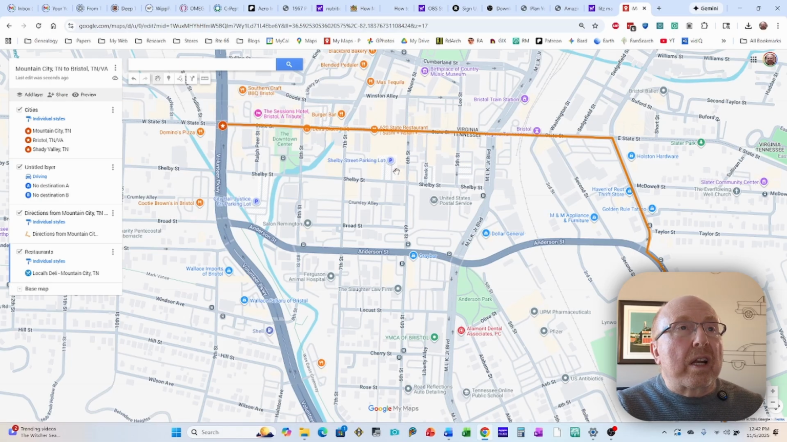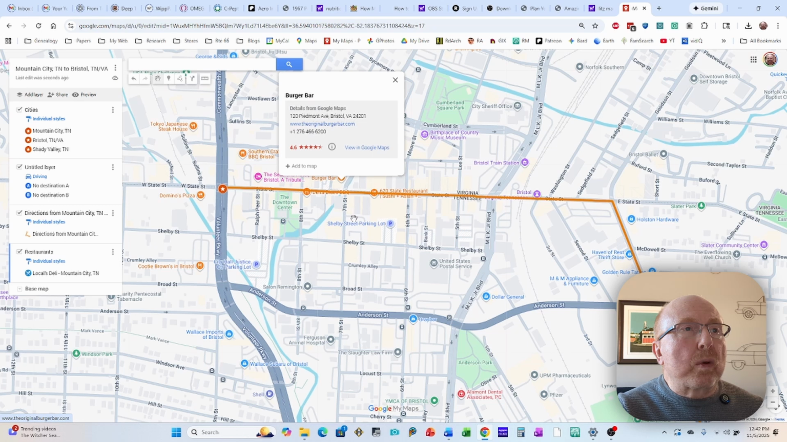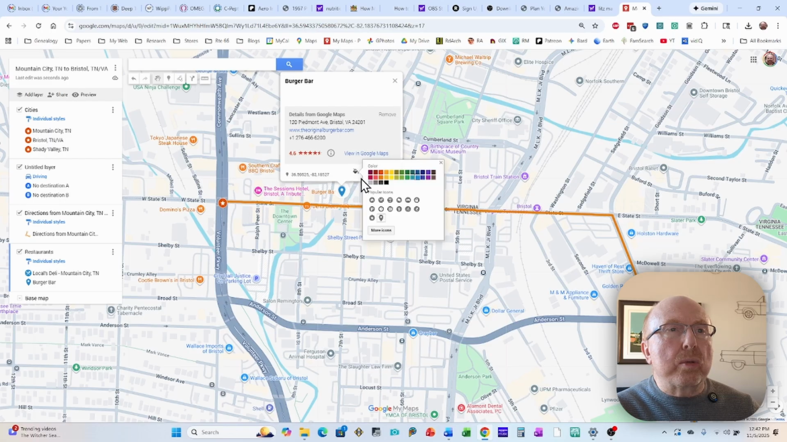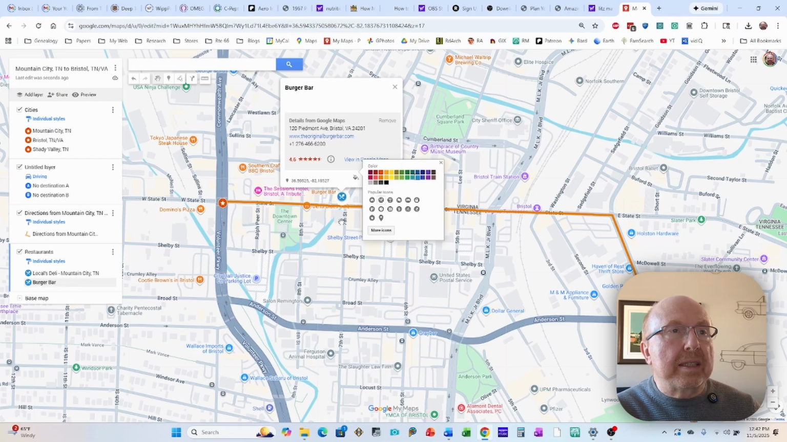So we're going to go up into Virginia, and we're going to click on the Burger Bar, and we're going to add it to the map. I won't add that it's in Bristol, Virginia here, just to save a little bit of time, but we've got our blue pointer. All we want to do is change that to a blue knife and spoon that identifies it